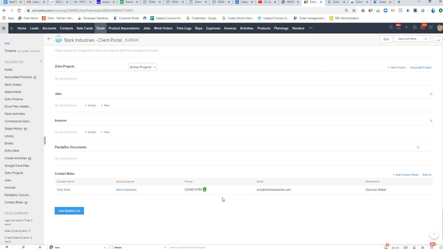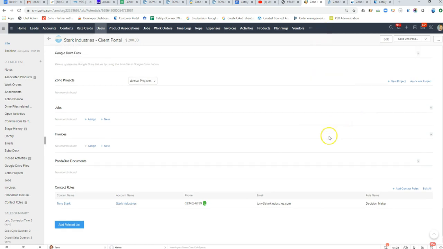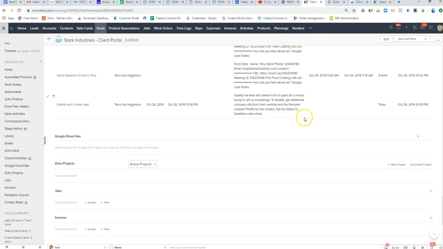This is going to be a quick run through of the integration of Zoho Projects with the CRM. Now there are a number of different ways that you can handle your project management in the Zoho suite, and one of the central products that best supports that is of course the Zoho Projects app. Now, when you integrate that with the CRM, you can actually kick off projects directly from a CRM deal that is being closed. So here we are back at our example of Stark Industries, and I can go down to